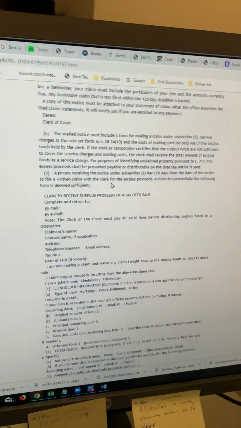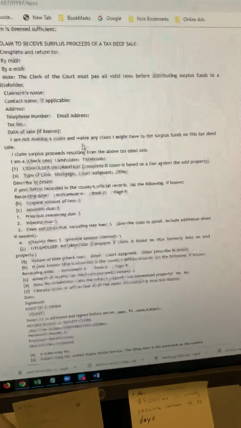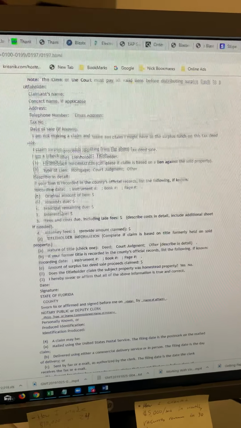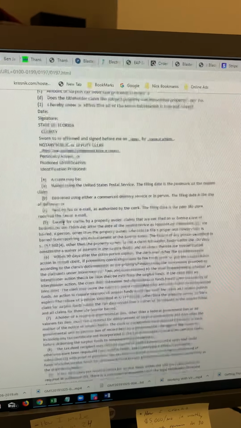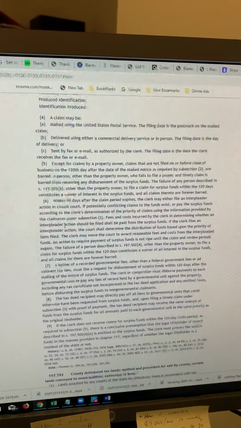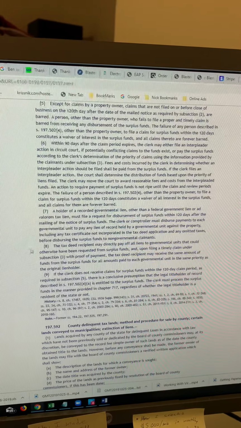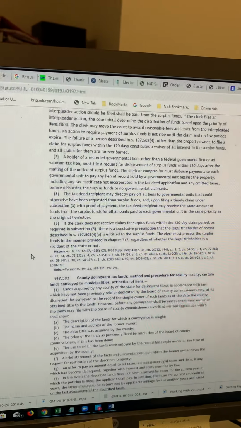Usually, when there's funds at the county level, there's a statute, right? And this would be the statute that would govern surplus funds. And then there's usually another statute for mortgage overages. And then there's a statute for unclaimed property, which is money that's usually in the possession of the state. Now,